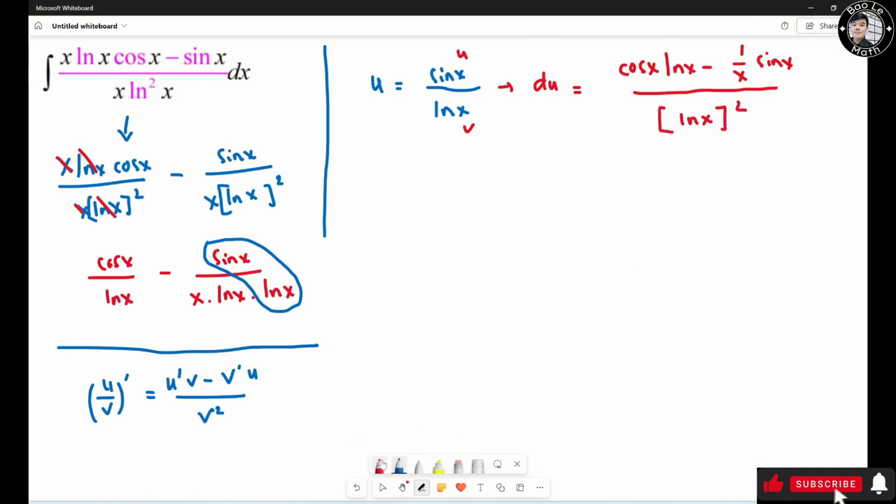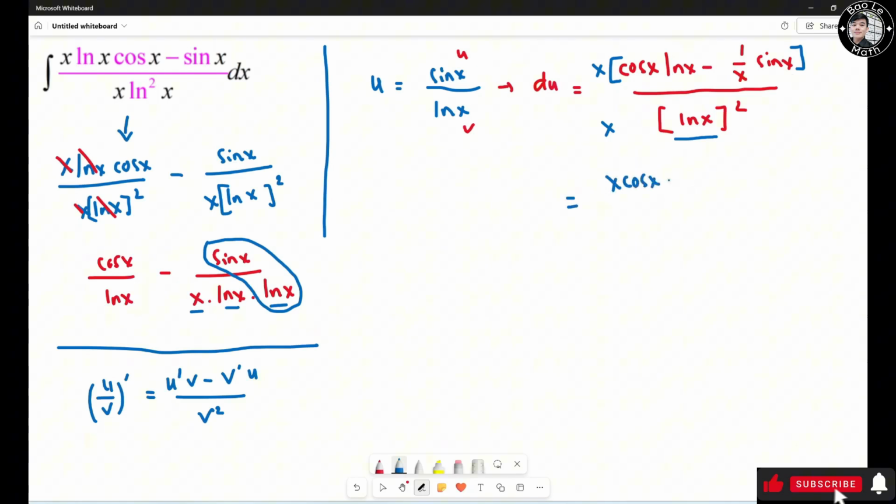Now we look at the bottom right here. We need s times natural log of s times natural log of s, which means s times natural log of s altogether squared. Now we already have natural log of s altogether squared, right? So we need s. So we need to multiply the top and bottom by s, right? So I have s right here, s right here, multiplied by this guy, right? So I'm gonna distribute s times